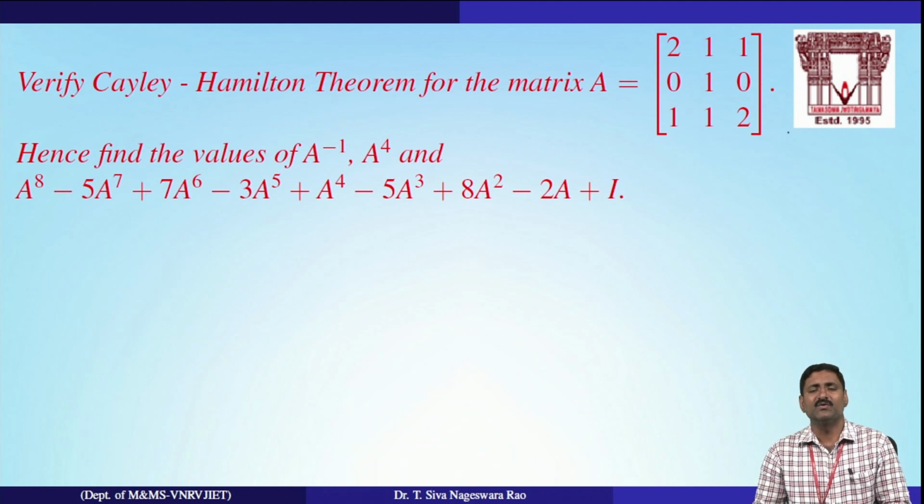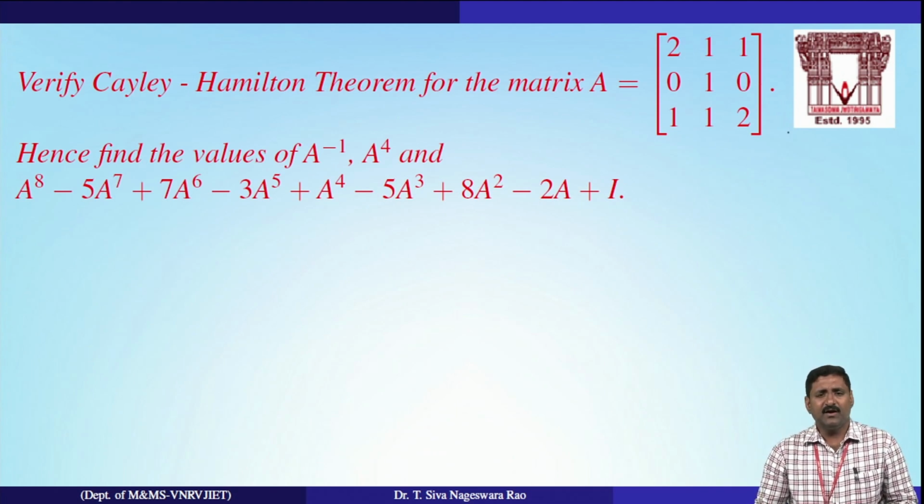Manually, if you want to simplify this matrix polynomial, it will take at least 2 hours. Why? Because you need to find A power 4, A power 5, A power 6, A power 7, A power 8. Finding powers of a matrix will take a lot of time. Just by using the Cayley Hamilton theorem, we can simplify this matrix polynomial very easily. Now I will start